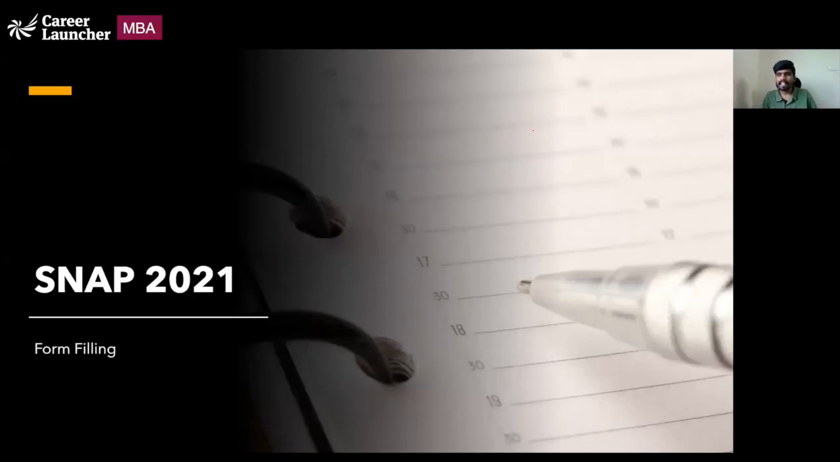Hi, I'm Ravi Teja and I'll take you through the form filling process for SNAP 2021. This is a common form for all the 15 Symbiosis colleges that offer various courses of MBA. There are 24 different courses of MBA that you can apply to, but please be very cautious about what